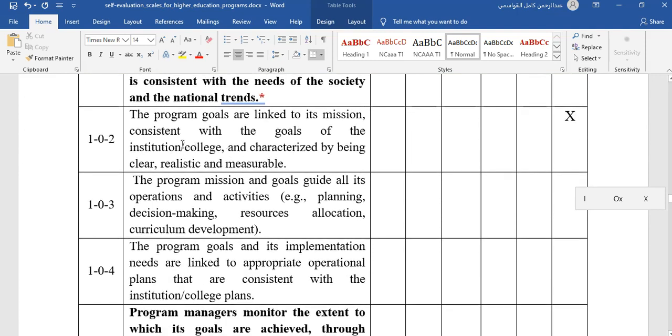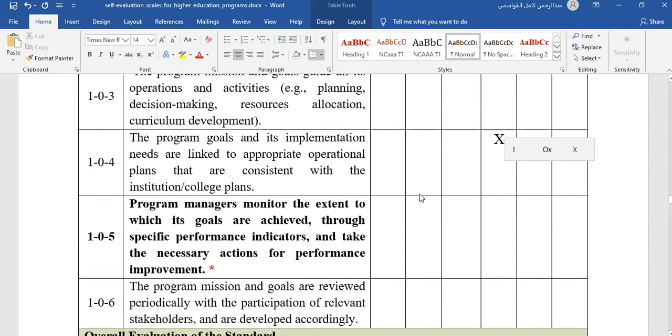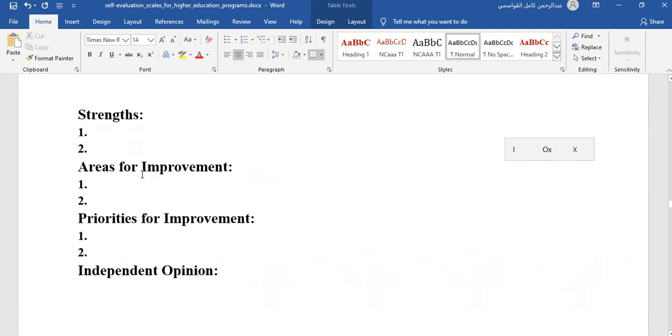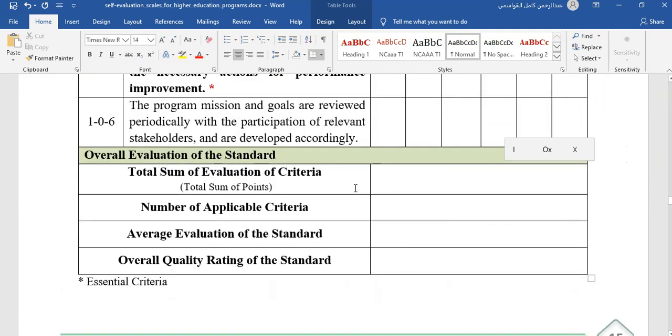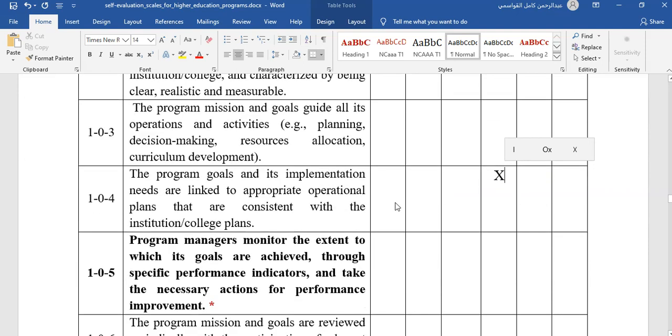My strength also is that the proposals are linked to its mission, and the mission is linked to objectives. If you give 3, for example, to the criterion that the program goals and implementation needs are linked to appropriate operation, it's still good. But for areas for improvement, if you give 2 or 1,